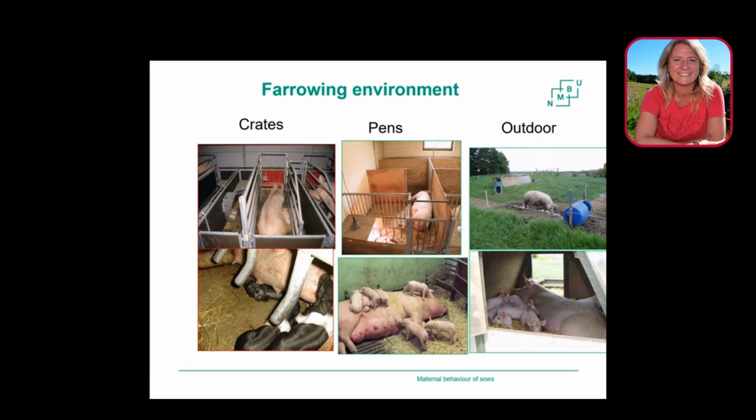And we do now see that we do not have any really good arguments to confine the sows anymore, because we have systems and we actually have sows that produce really big litters, and they do really well in farrowing pens. However, I would say that for an outdoor system, and also I will come back to group housing of